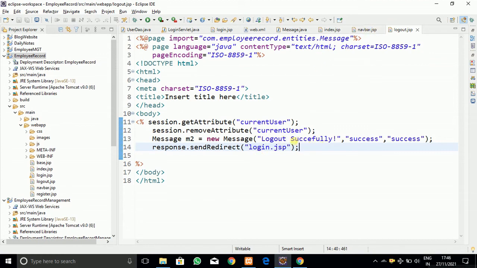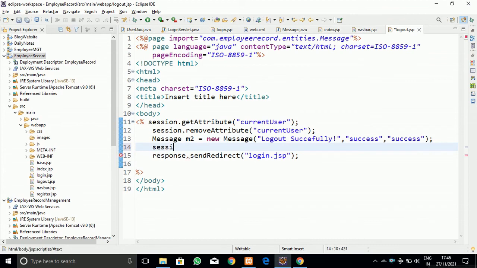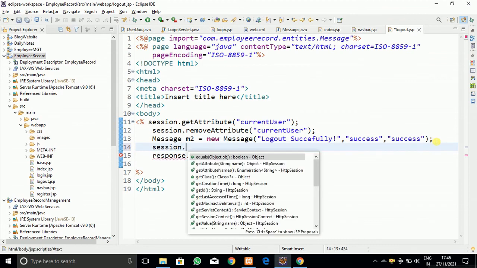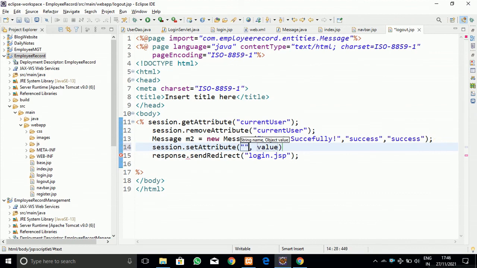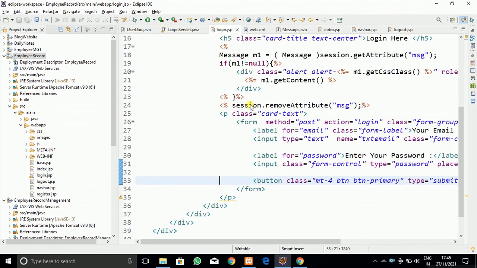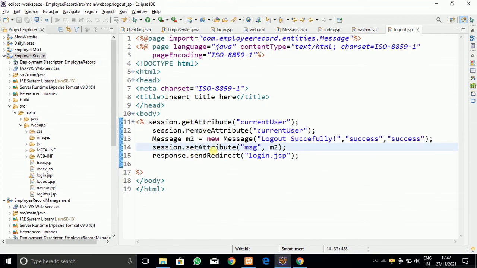Now create the session, that is, the message you have to send. So I am going to use session.setAttribute, and that session attribute should be accepted into the login.jsp page, as we have set here.